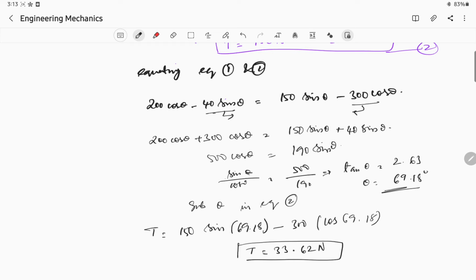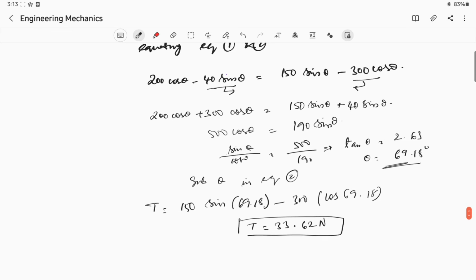Okay, this is how we calculate problems. When we have multiple blocks, 1, 2, 3, 4 blocks, then we segregate them, block A and block B, like that. So gradually we will calculate for each and every block. Able to understand? Yes. So now we'll move to another problem. We have one more problem related to this one.